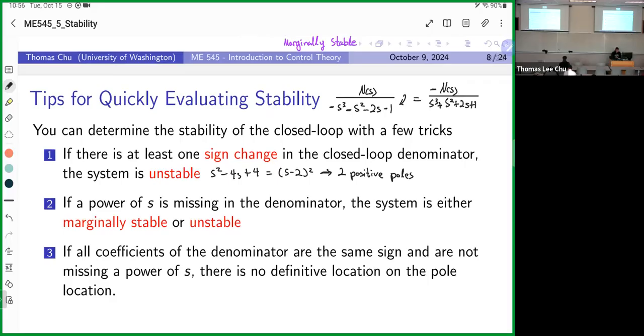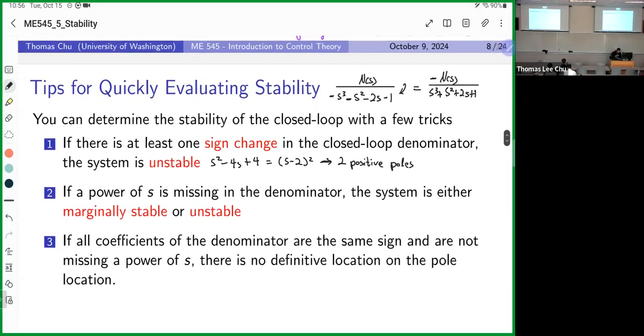So this goes both ways. If it's all negative or if it's all positive, then you still don't know if it's unstable. But if you see one sign change within the denominator terms, then the system is guaranteed unstable. Now, if you're missing a power of s in the denominator, the system is either marginally stable or unstable. So missing a power automatically guarantees that your system is now bounded input, bounded output unstable, or at best, marginally